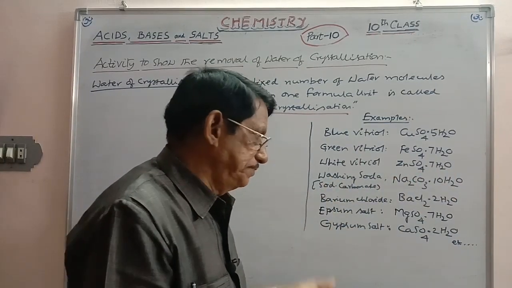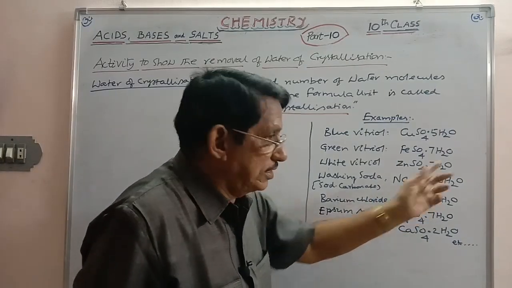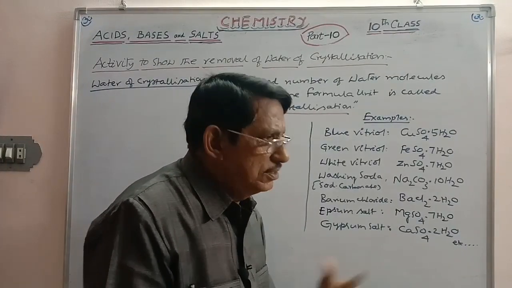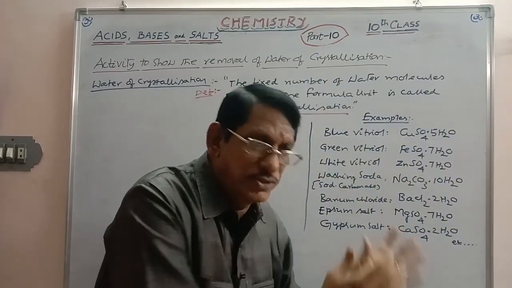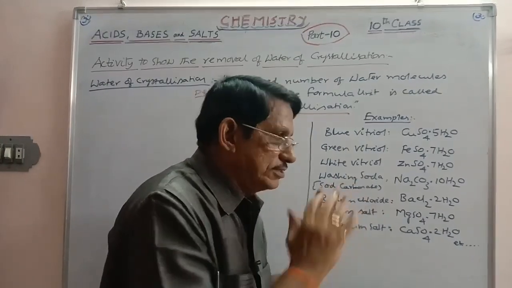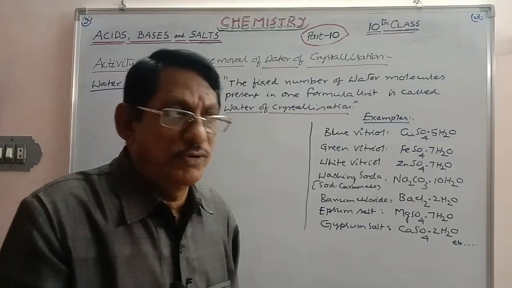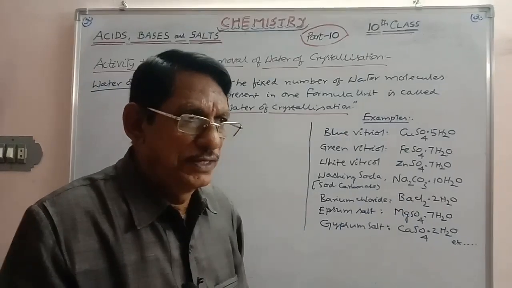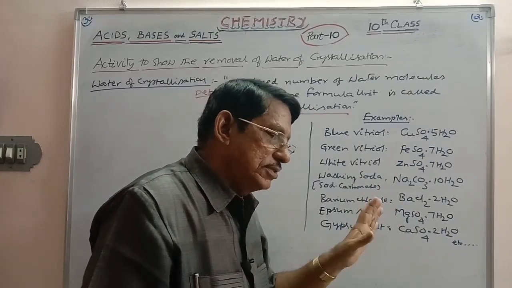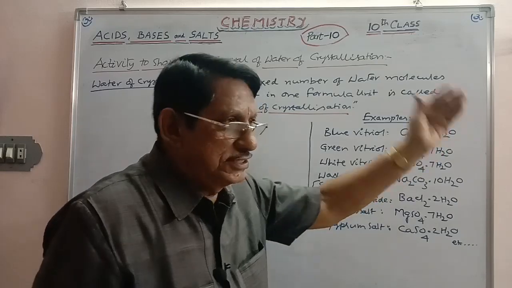Washing soda, that is sodium carbonate. Actually, the formula of sodium carbonate is Na2CO3·10H2O. But during reactions or in the laboratory, we get only anhydrous sodium carbonate, because whenever sodium carbonate containing 10 molecules of water of crystallization is exposed to air, it is an efflorescent salt. The water molecules are lost to the atmosphere and so it becomes anhydrous. That is how the formula is Na2CO3·nH2O during the crystallization process. So it is also a hydrated salt.